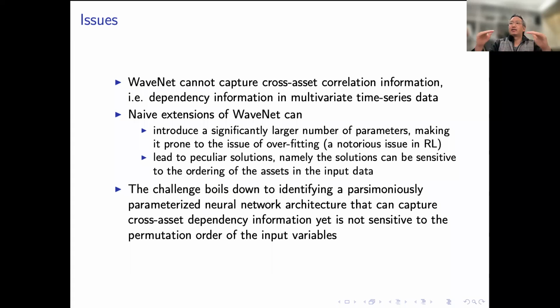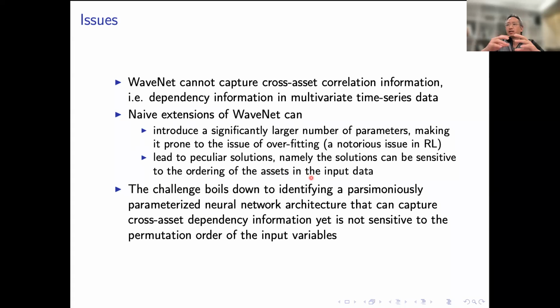So if we want to extend the WaveNet structure, which is best suited for capturing the dependency across time, to the multi-asset case, then a straightforward extension can either easily lead to a huge number of parameters and the issue of overfitting, or it can lead to a kind of strange solution, which is the issue that we noticed,